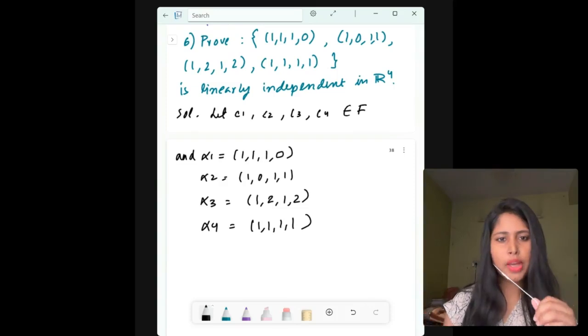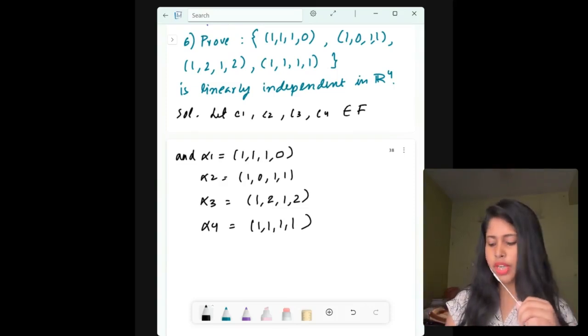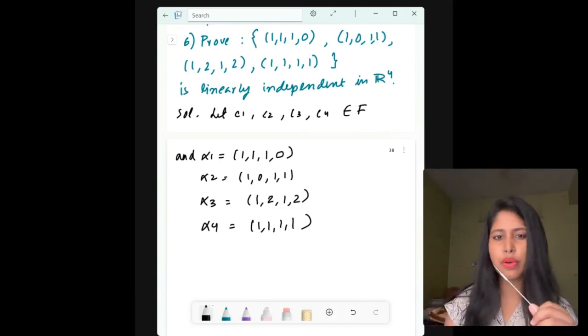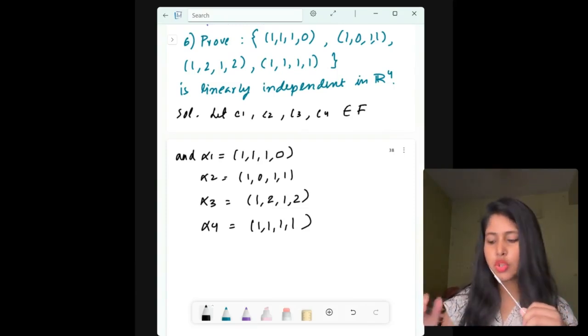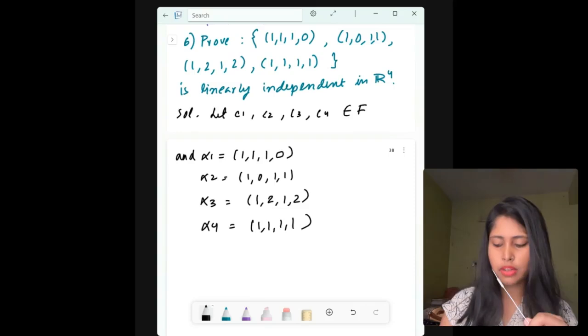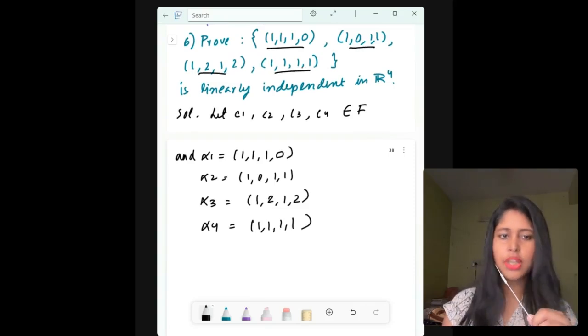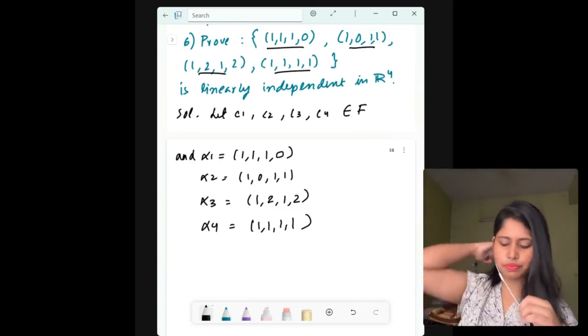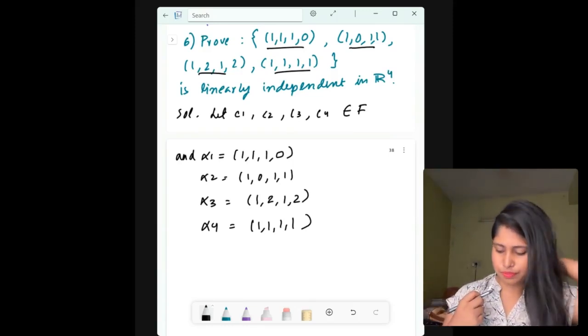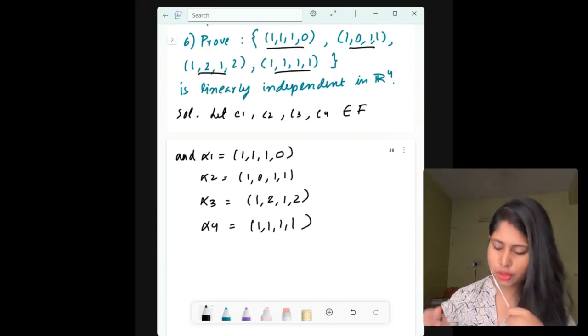Now see, why am I writing this alpha 1, alpha 2, alpha 3, and alpha 4 again? Because you have to first define what C1 alpha 1 and C2 alpha 2 are. To define that, we are previously defining what we are taking the vectors as. Like, these are the vectors and we are telling that. Okay. So yes, now I am solving this equation. Just a moment. Yes. So let me solve it.